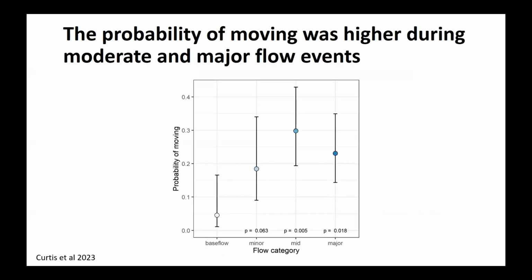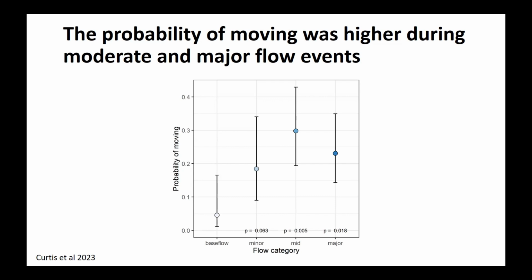And the probability of moving was higher during moderate and major storm events, which isn't terribly surprising, that the fish are keying into these storm events and being able to actually move around. And in a section of stream that has a major dry section, these moderate and major flow events are likely to be important for fish to actually move. But similar to